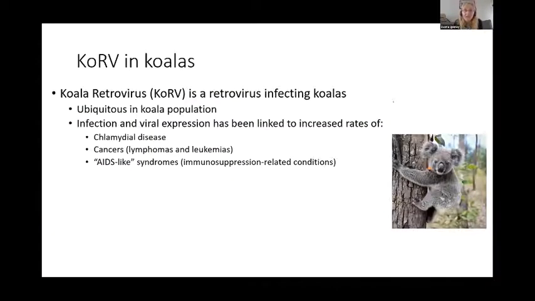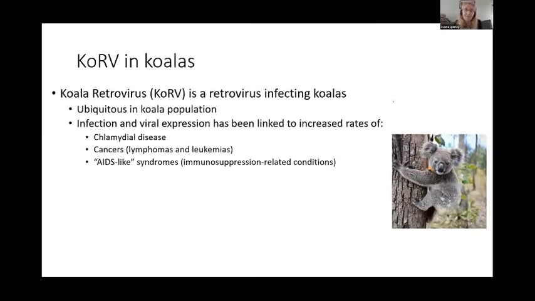So for those of you that know me a bit more, my focus has been on a virus that's been affecting our koala populations here in Australia. It's Koala Retrovirus, and it's quite ubiquitous in our koala population. So in northern Australia, in Queensland and New South Wales, all of our koalas have this virus. Whereas down in southern Australia, in Victoria and South Australia, we're finding more and more koalas are testing positive